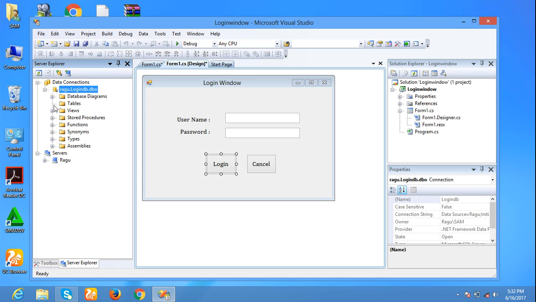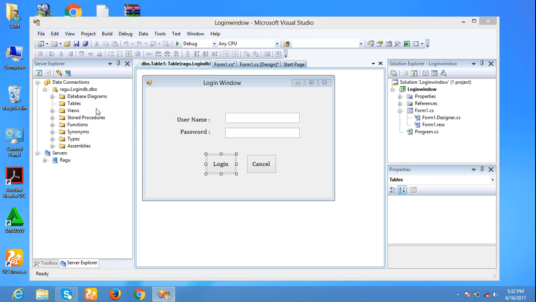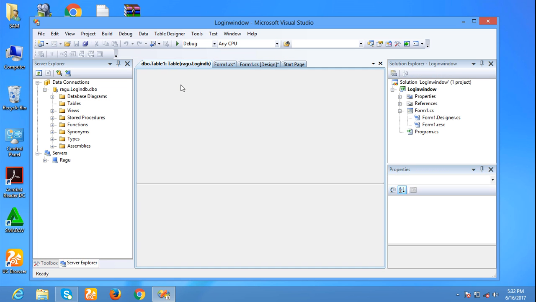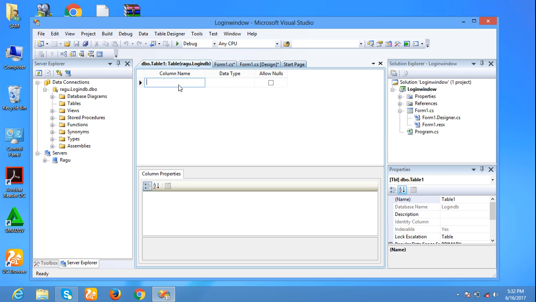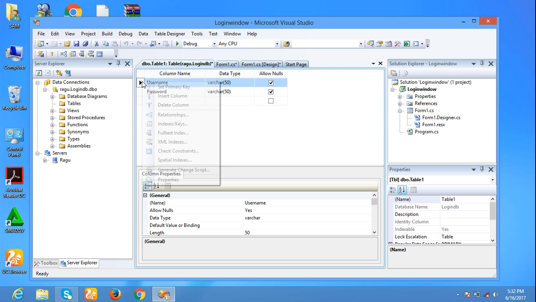In this table, right click, add new table. I am adding 2 fields: username, data type varchar 50, and password, varchar 50, and I am setting username as primary key.